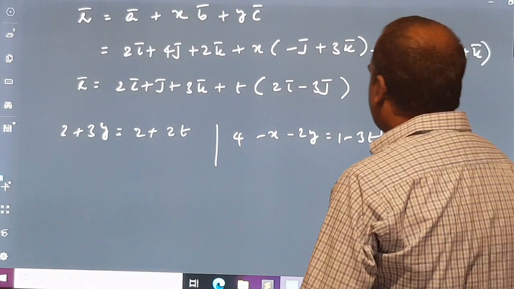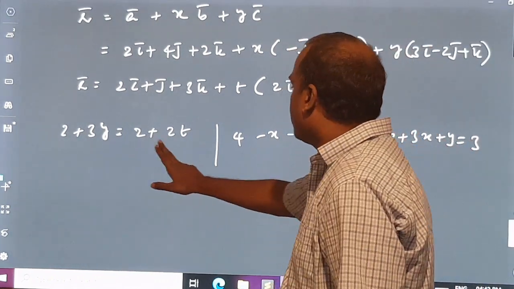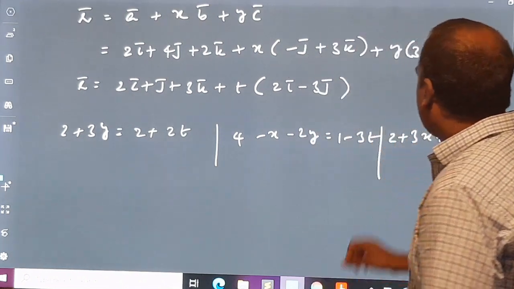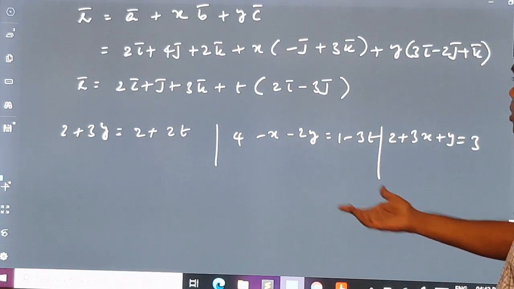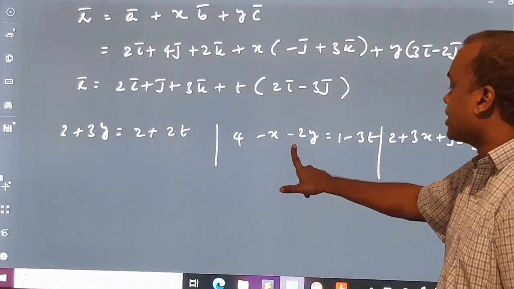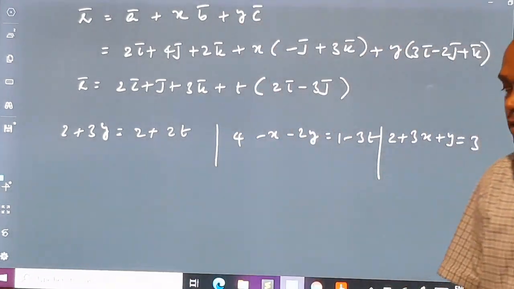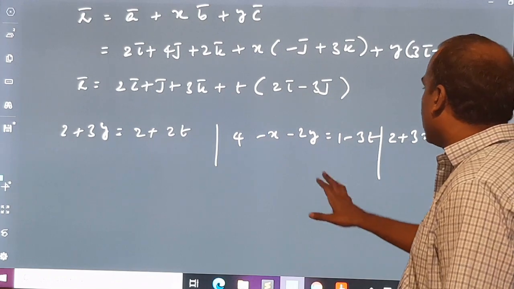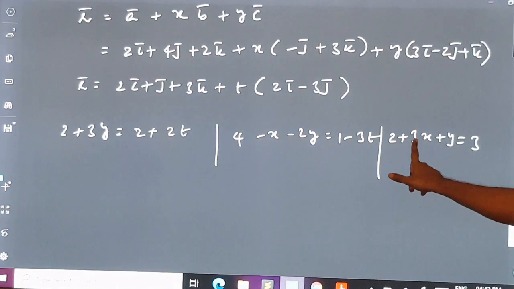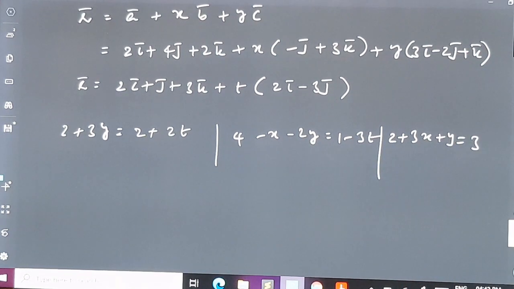Now what I do is, from these two equations, I eliminate the t value. Or you can do another thing also: from these two equations, you can eliminate x, then you will have an equation in y and t. Anything is fine. So for fun, what I do is I eliminate x from these two equations. Here I already have 3x, so I multiply this by 3.